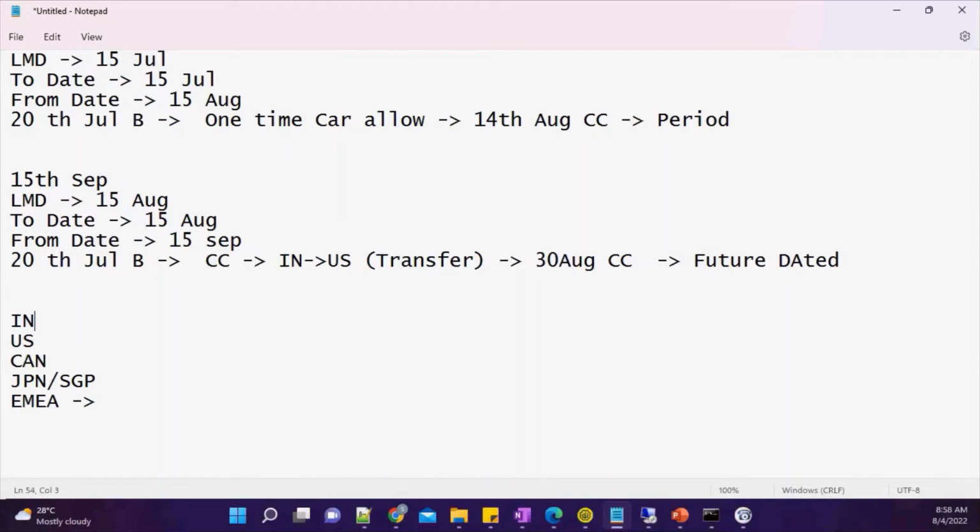So all these will have corresponding cost centers, and they might be running payrolls on different dates. Okay, so let's say for India it is running weekly, or you can say every Friday.